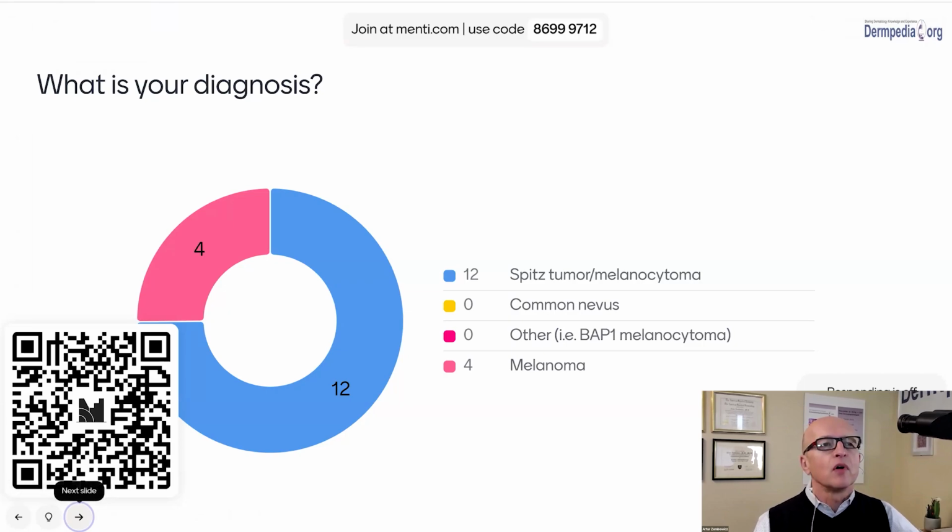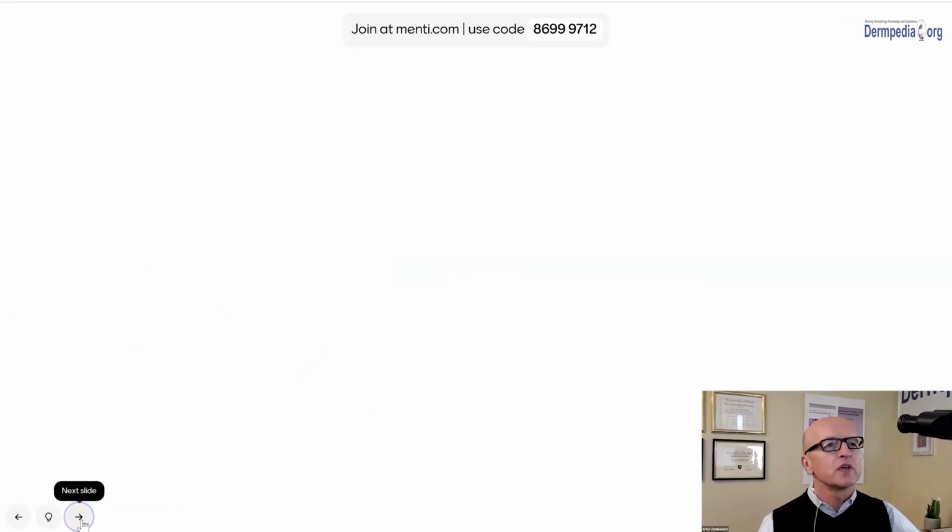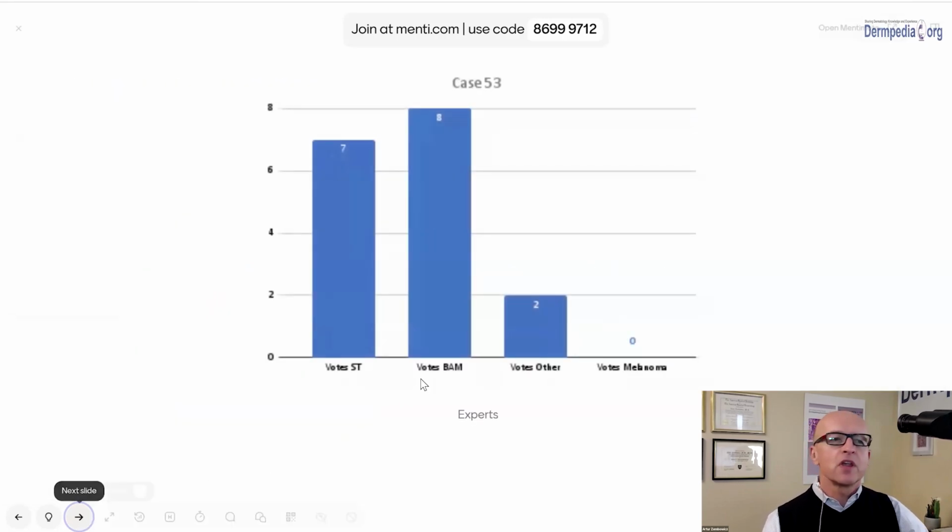This is an example of a lesion that belongs to this group of what we call BAMs, BRAF V600E mutated spitzoid lesions. And here, what I'm showing you is the voting of experts, and we did it only on